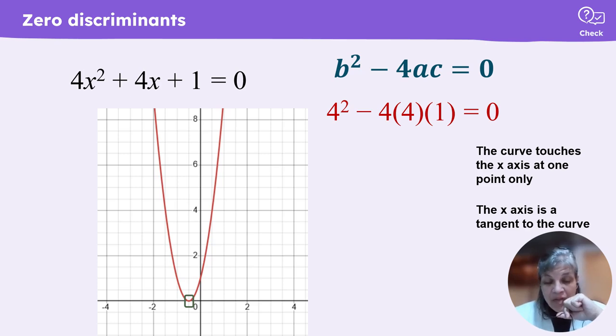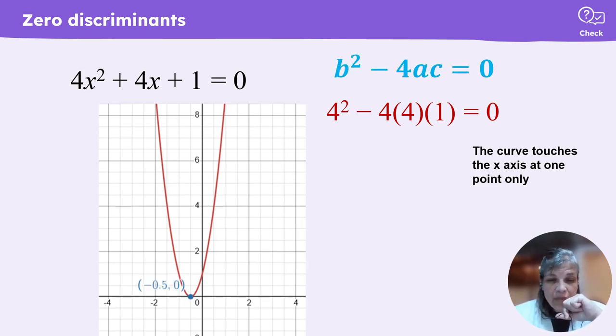Interestingly, we also have another name for this kind of thing. We would say that the x-axis is acting like a tangent to the curve. Okay, it is the tangent. It's touching at only one point. That point, yes, is -1/2, 0. And that is where